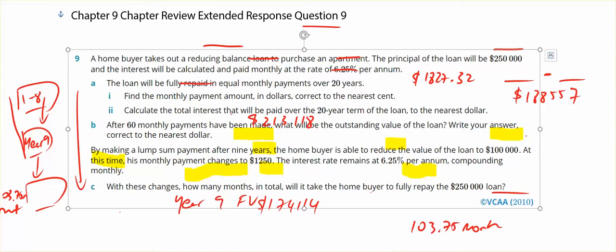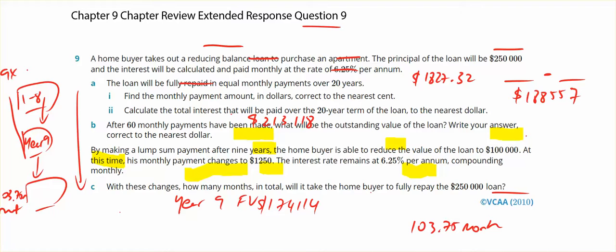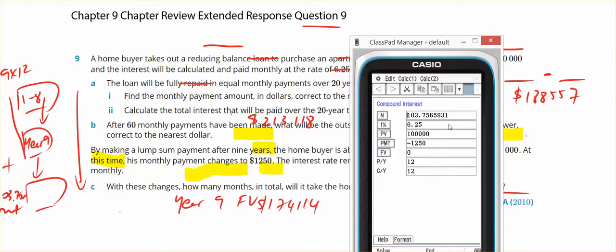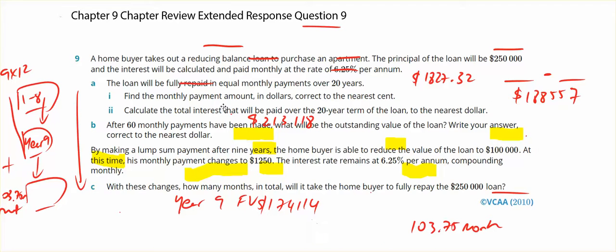How many months is 9 years? 9 times 12, plus 103.75. We can do this on the calculator: this plus 9 times 12, because 9 years have already passed, gives 211.75. So it will take a total of